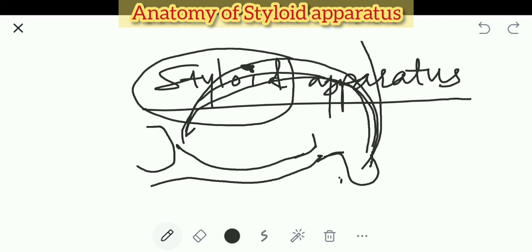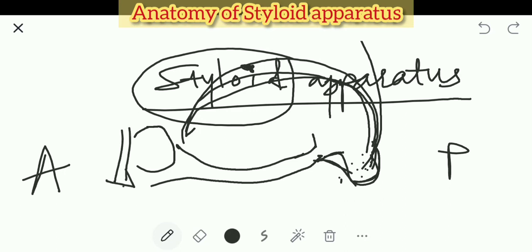The skull is above, so don't imagine that. I hope you are able to get oriented. This is anterior. This is posterior. So this is your mastoid process, and you have the mastoid air cells here. This is a zygomatic arch. This is your orbit. Here you have your nasal septum part. You will see this, right?